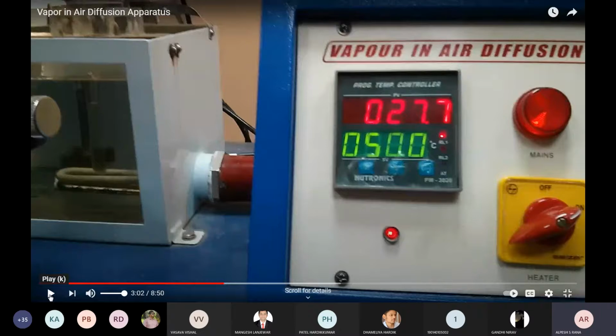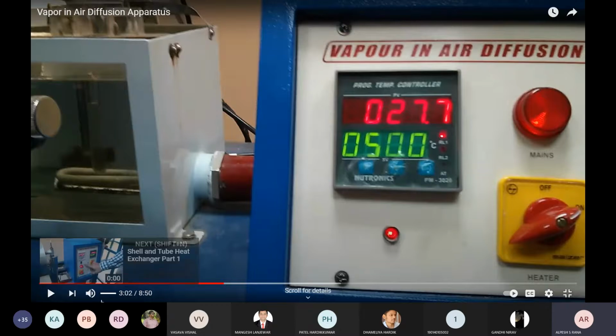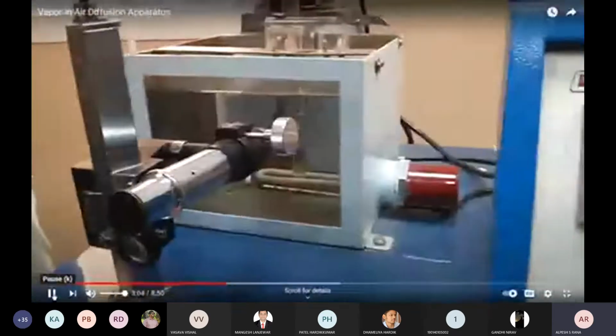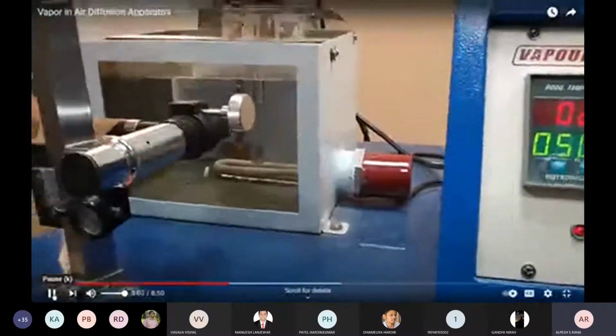Yes, sir. Okay, see, in this setup, they do not have automatic control of the temperature. But whatever setup we have, there is a PID control. You will launch this controller in an IPC. Using the PID controller, you can set the temperature value at a particular fixed point, and it will automatically turn the heater on and off. This type of arrangement is not given in the setup which you are currently looking at on YouTube, so please keep that in mind. If the temperature goes below that, again you switch on. Again you have to switch on.